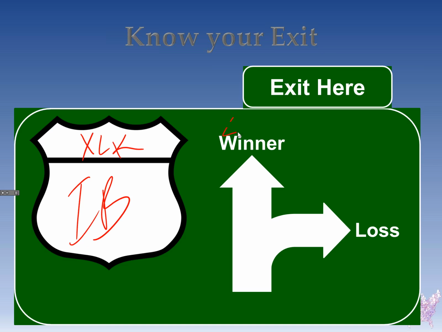For a winner, I usually like to get out of this one at around 30% of max profit, all right? On the loss, what do we do on the loss here? Now you can look at it when it hits your break even, you're getting out. I usually like to ride these strategies out a little bit longer than that and become a little bit more mechanical if it's not working out.